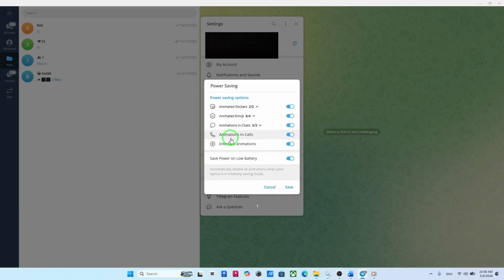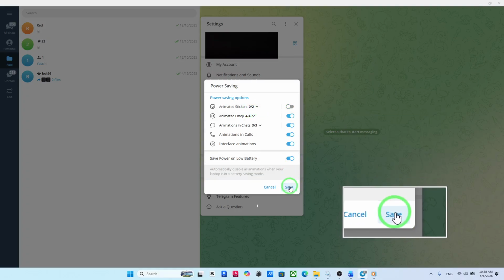Now, look for the option labeled Animated Stickers. You'll notice there's a toggle next to it. Simply switch that toggle off to disable animated stickers. After turning it off, don't forget to click on Save if the option appears. This ensures your changes are applied properly, and that's